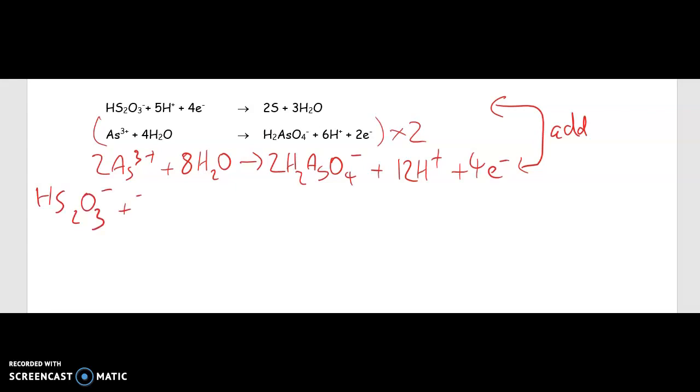HS2O3 1 minus plus, my bad, 5H+ plus 4 electrons plus